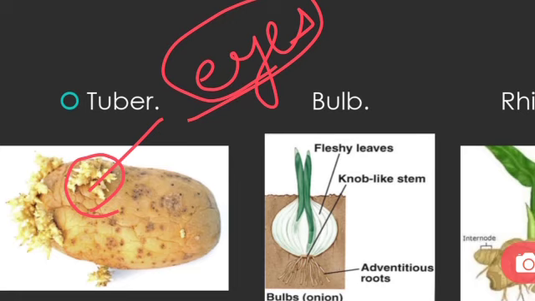Next type is bulb. Bulb, the best example is garlic or onion. The layers which we can find in the onion are nothing but the leaves that had stored food, the leaves that had become fleshy, and we consume it. Now, how do the plants grow from such kind of bulb? At the bottom part of these structures there is a root-like structure known as adventitious roots, and just at the top of this structure there are fleshy leafy structures that give rise to a new plant.